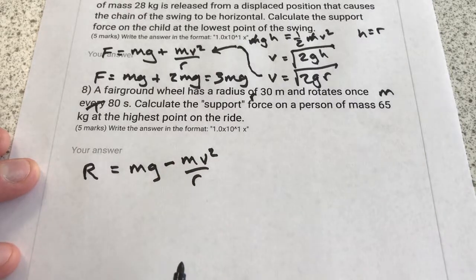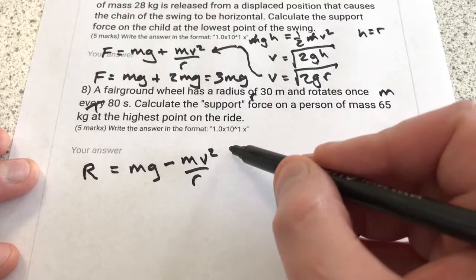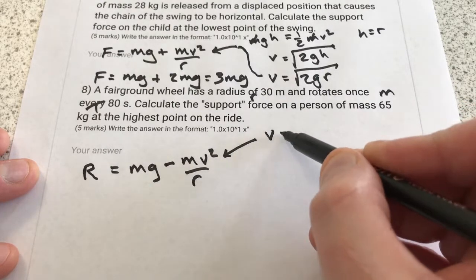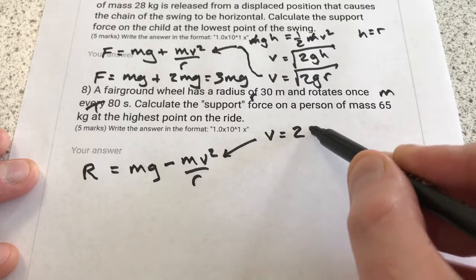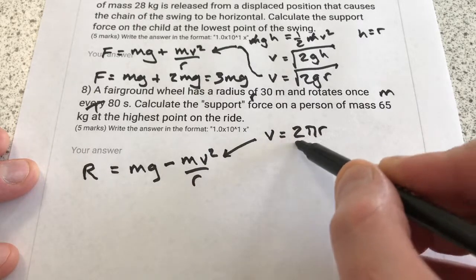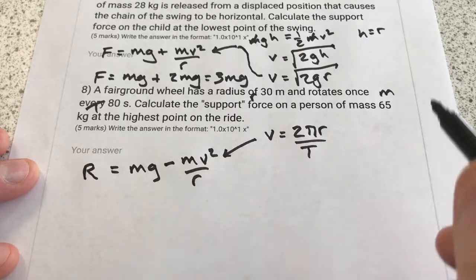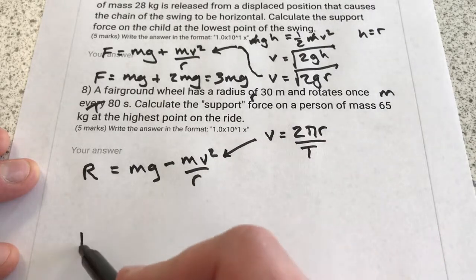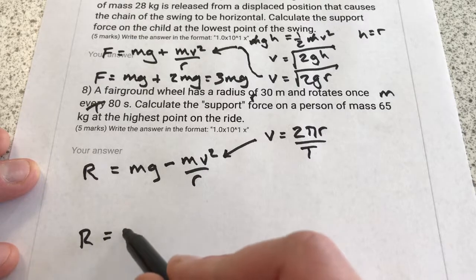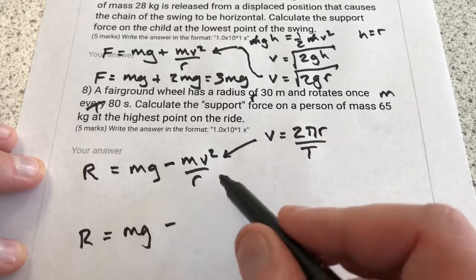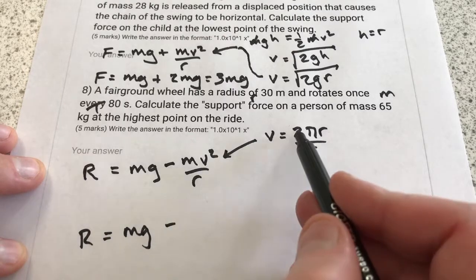The information hidden from us is the velocity, and that can be calculated using the once all the way around the circle, so the circumference divided by the time period, the time taken to do one complete full circle. Substituting that into this equation, we end up with the reaction force would be the weight of the person subtract the centripetal force, which is going to be 2